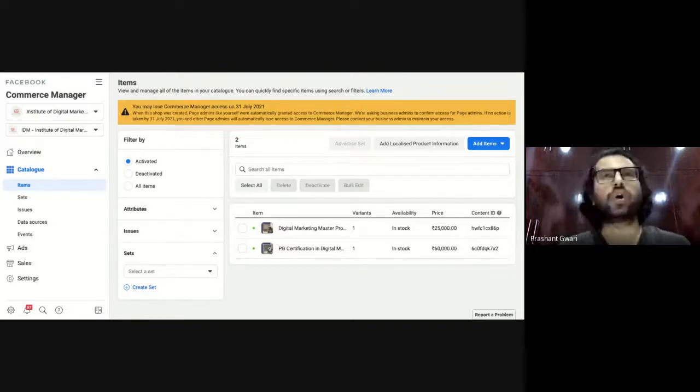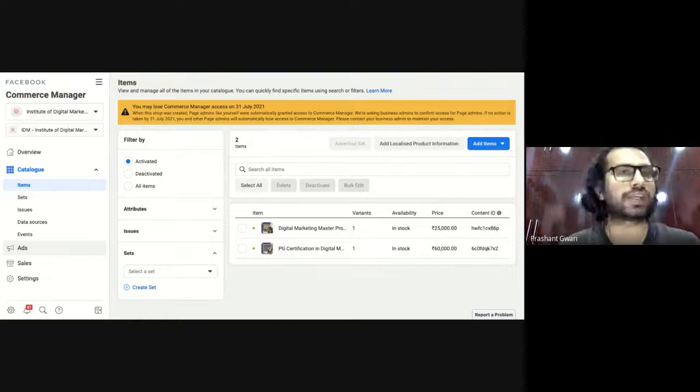You don't need to go to your Facebook Ads Manager. You can directly advertise your catalog from here by clicking on the ad button and choosing the catalog. Click on the advertisement button, set the budget, target the audience, and the full catalog, consisting of 5 to 7 or 10 images, will start showing to your targeted audiences.